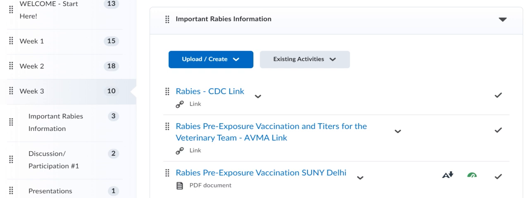So with that, there are a lot of zoonotic diseases, or diseases that can be transmitted from animals to humans. So there is some information posted for you to look through on rabies. There is a link to the CDC, or Center for Disease Control. There's also an AVMA link, or American Veterinary Medical Association, on pre-exposure vaccination recommendations and the importance for the veterinary